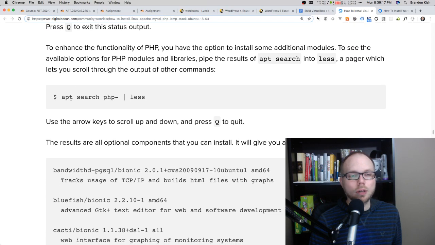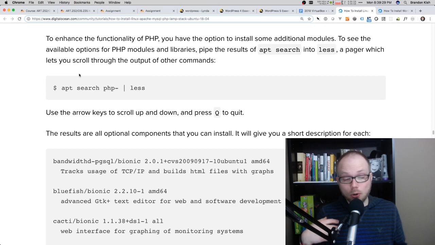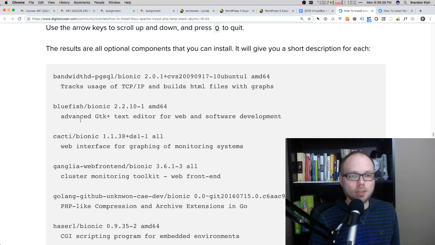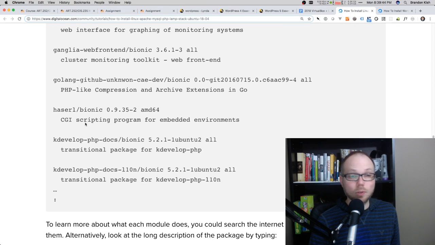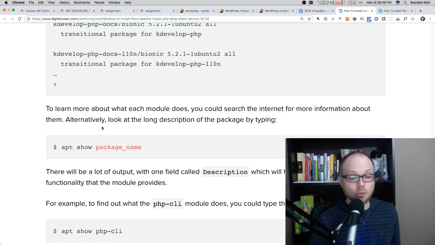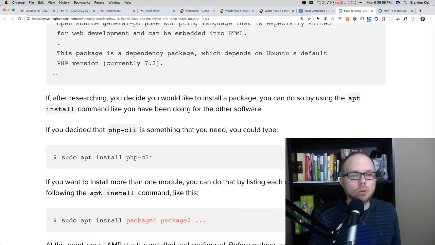The next part of this tutorial talks about how if you're going to write some PHP code yourself, you might be trying to connect to a database or create images with code. And so there's lots of libraries that have been created to go along with PHP that you can search for in the apt package library. And so these are just some examples, like connecting to Postgres, a different database, or I don't know what any of these do, so I'm not going to try installing them, but they were just showing you how you could search for PHP packages. The good news is the next tutorial about WordPress tells you exactly which PHP libraries we need, and you can copy and paste it. So I'm going to keep scrolling down,